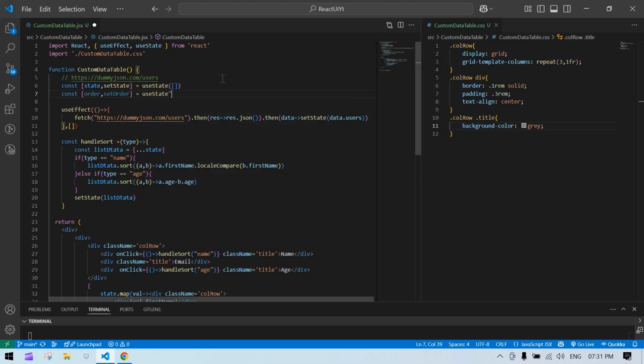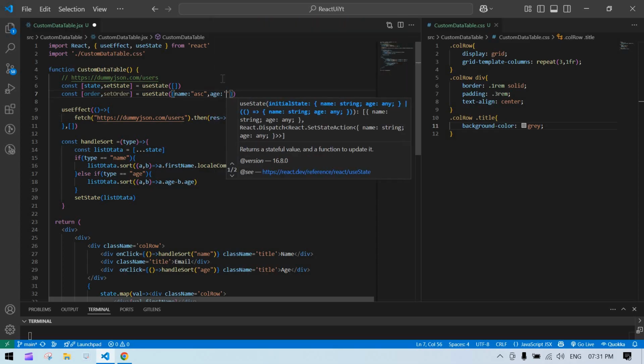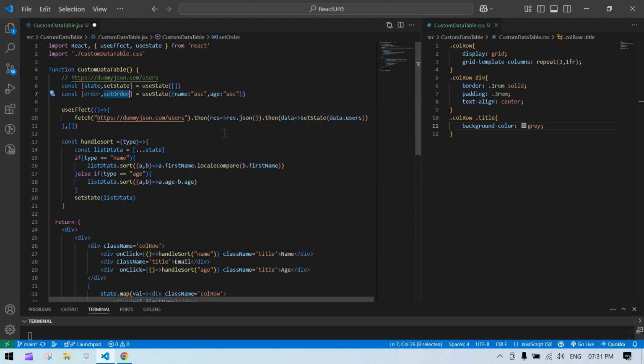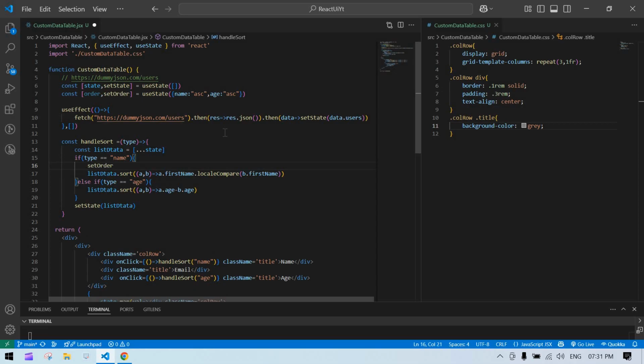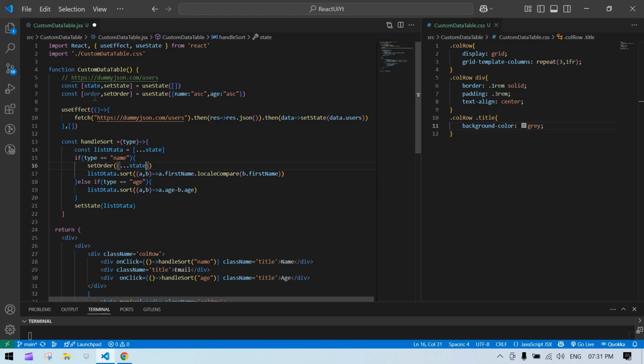useState, and I'll just keep an object name, and here ascending as a default value for now, and here age is also ascending. So just copy that here. If first time we did the sort, I mean name sort, I'm going to change this ascending to descending. Okay, so here object, I'm just spreading that state, this order, sorry,